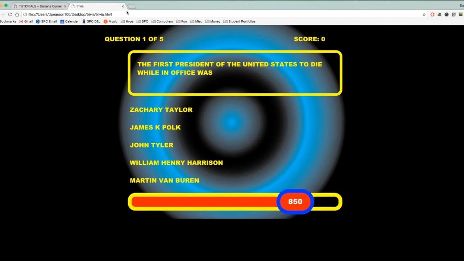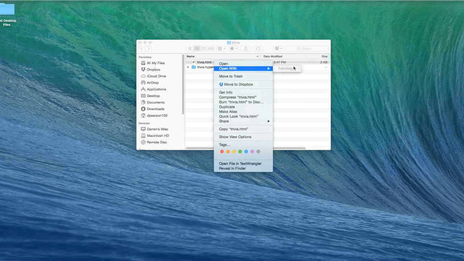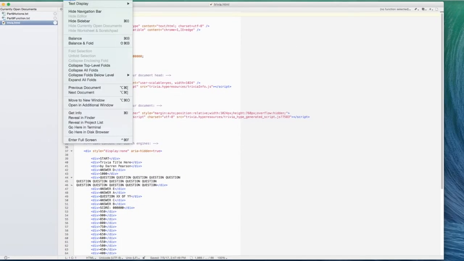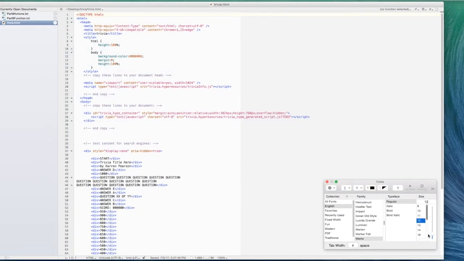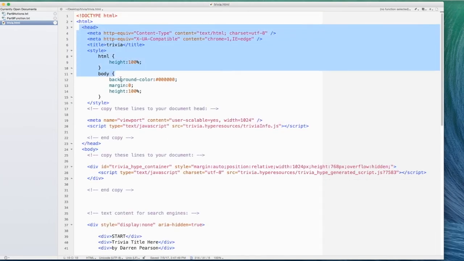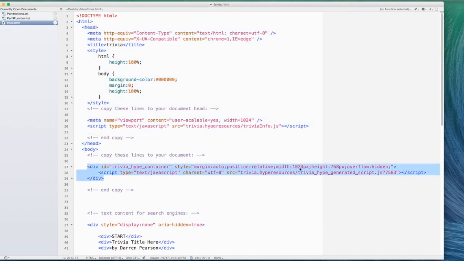Now this is actually a pretty simple HTML file. If we open it up with Text Wrangler, and let's make the fonts a little bit bigger so we can read that. There's not much in here, really. Here's the head section. We can see here's where it reads in the triviainfo.js file that we had. And then right here, this is basically a 1024 by 768 box that then reads a script called trivia.hype resources